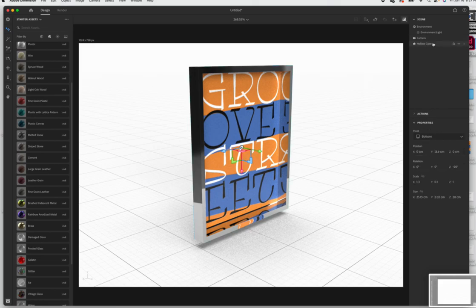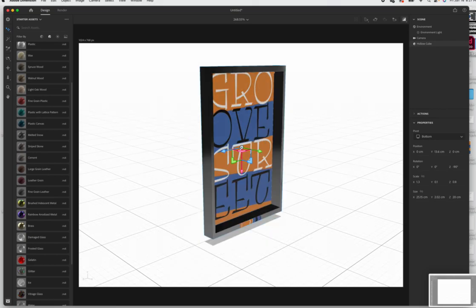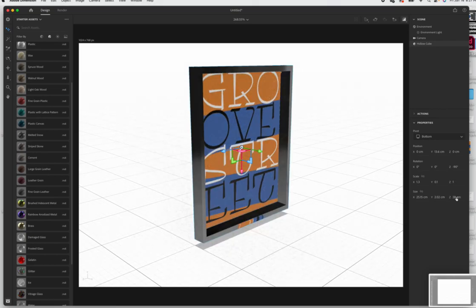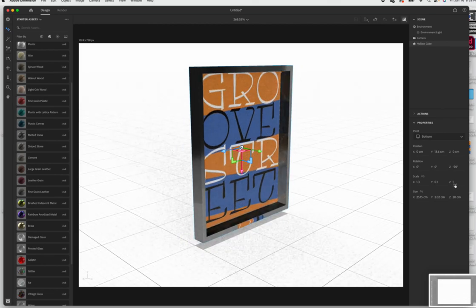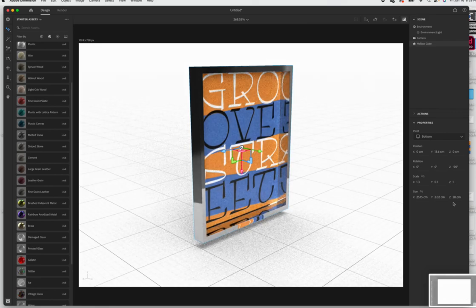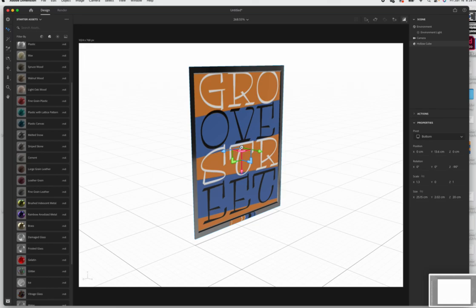So let's ease back on that depth a little bit. Oh, wrong one. Where am I? This one. Okay. It's going to hate me for this because that's the wrong one too. There we go. It is not liking me right now. It's like you're asking me to render and change the depth of my